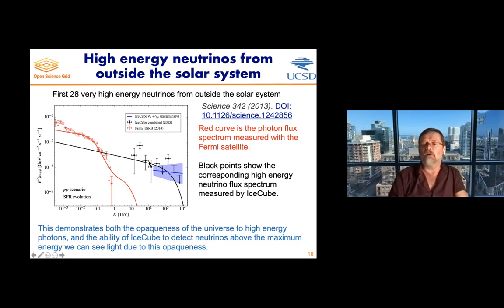And the name of the game of IceCube was first to show and prove that they can see neutrinos at all. And they can see neutrinos that come from outside the solar system, i.e. neutrinos at very high energies, at energies above this cutoff for photons. So that was established by this paper, and this was a paper in Science in 2013. And then they were trying to look at these, point backwards, and tell telescopes and satellites and whatnot to look in the direction where these neutrinos came from.